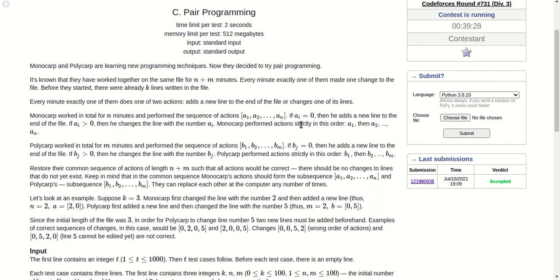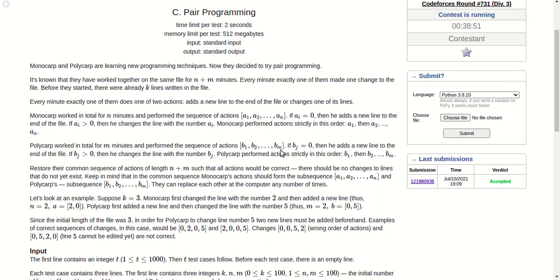Each operation is defined as follows: if ai equals 0, he adds a new line to the end of the file, and if ai is greater than 0, he changes the line with number ai.